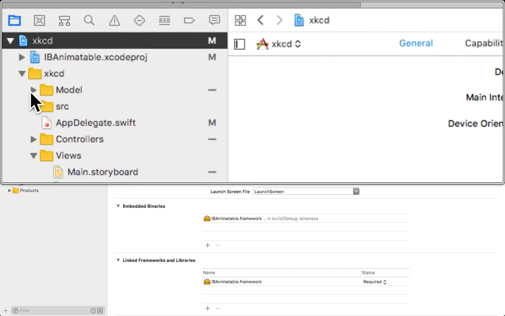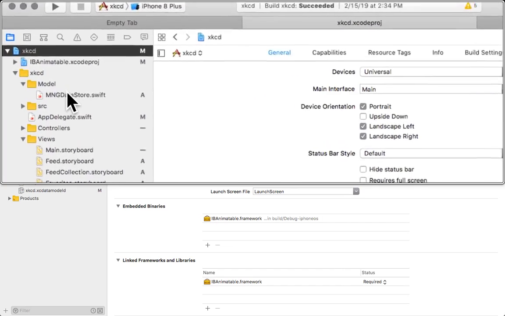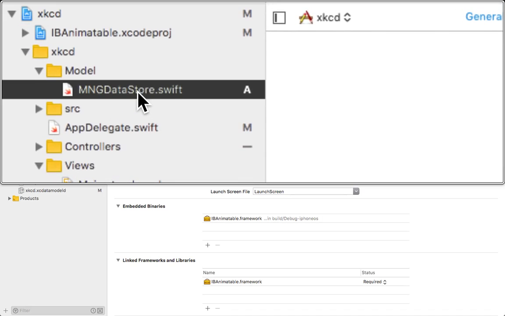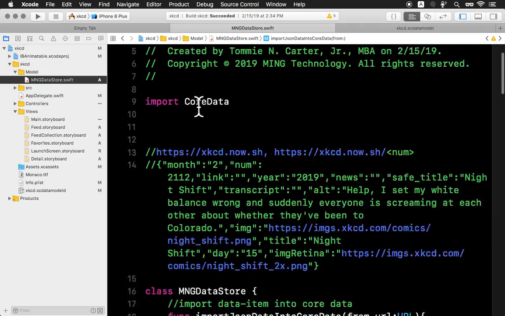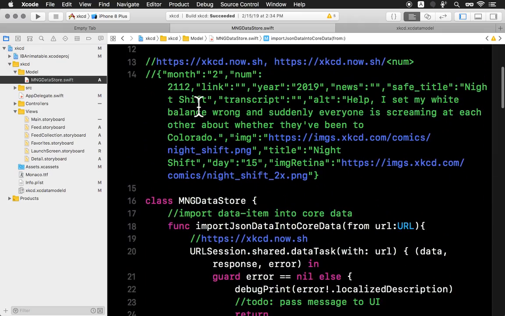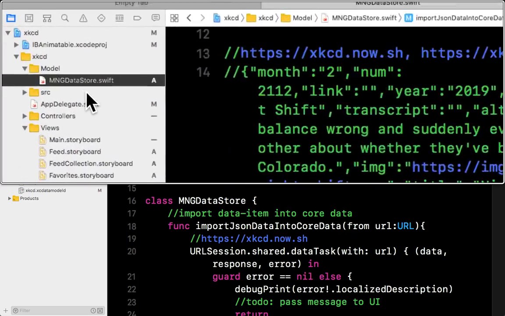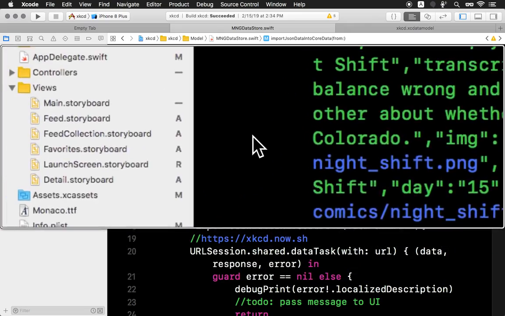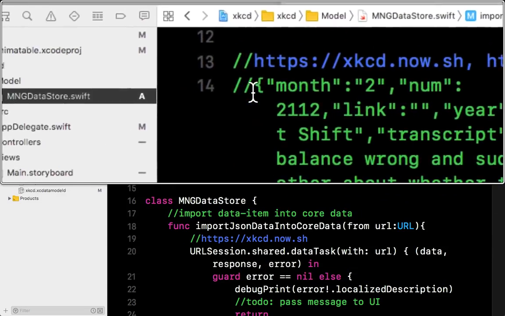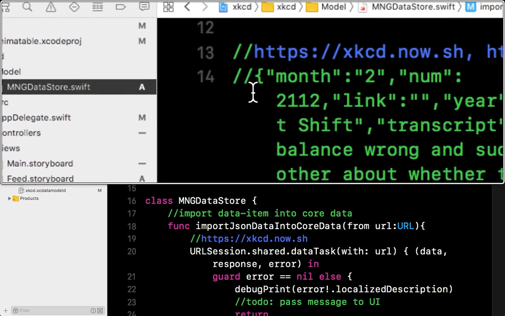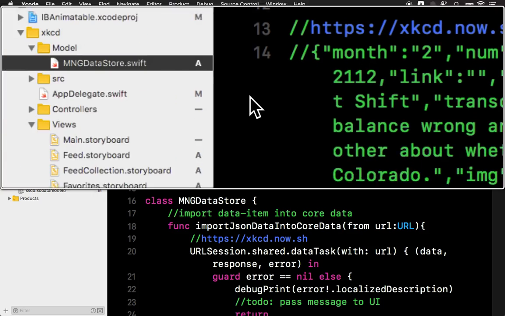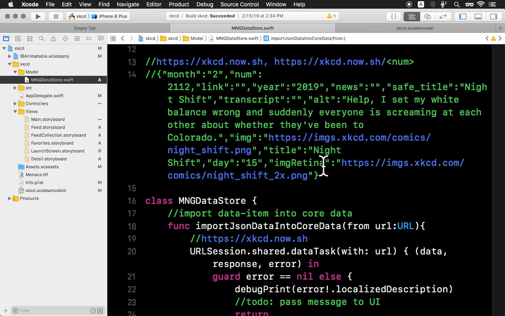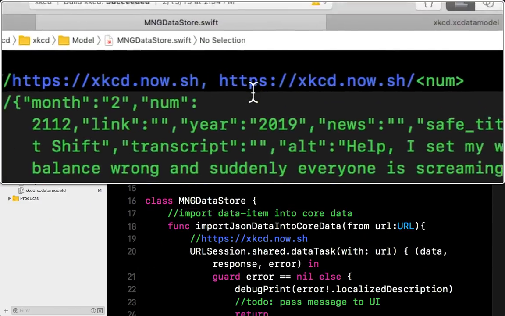Now, in terms of the model, what I did here is something different. I normally create a helper library where I store all of my code related to managing data. I always like to have one central place that deals with data, no matter what. And so what I did was I went to the website